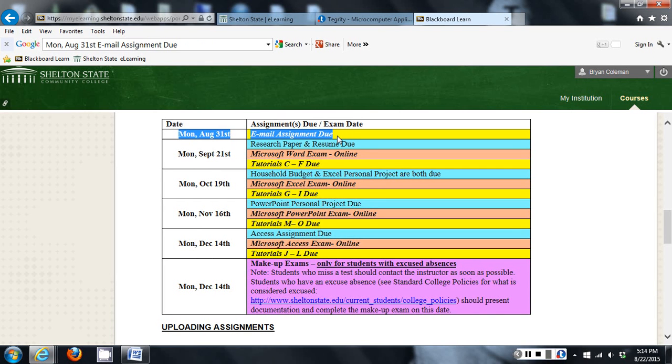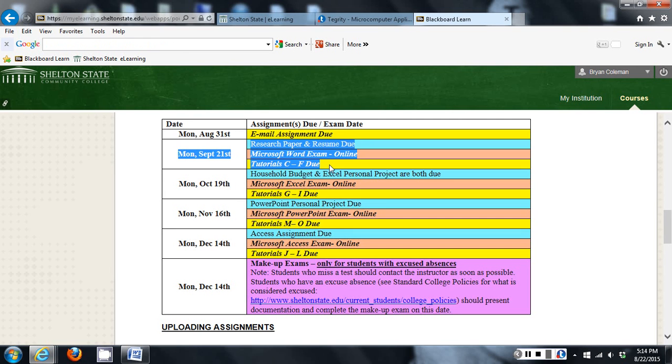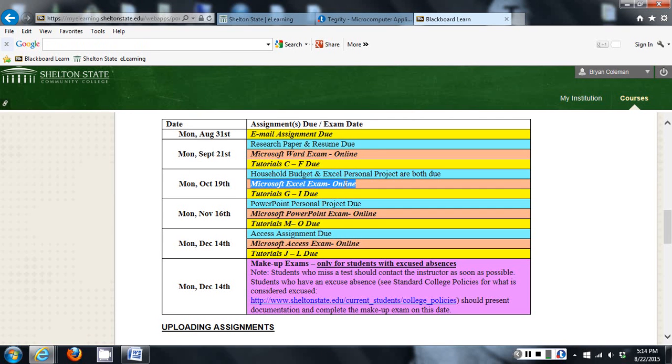1% of your course grade. And then we get into the real meat of the course, which are the modules on Microsoft Office. Just looking at a quick overview, you have Microsoft Word, Microsoft Excel, Microsoft PowerPoint, and Microsoft Access. And how this should work is once we begin a module, you should always start with